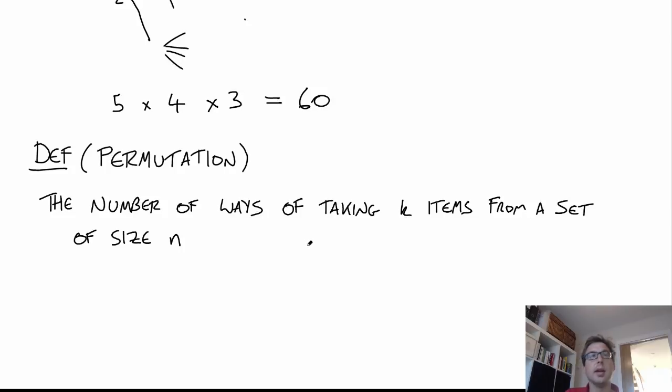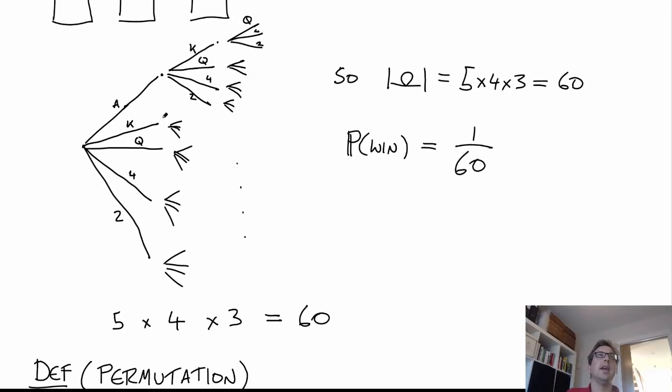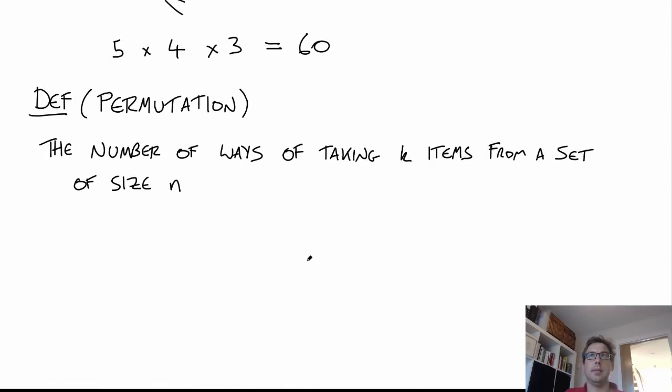Okay, and I'll add one caveat that here the order mattered. Remember that there is a difference between taking ace, king, queen compared to taking ace, queen, king. So we don't treat those as the same thing. So the number of ways of taking k items from a set of size n where the order matters